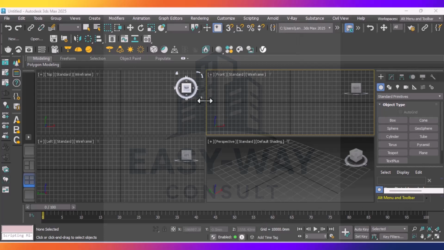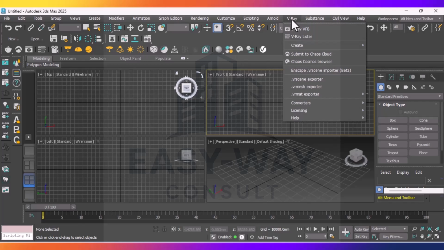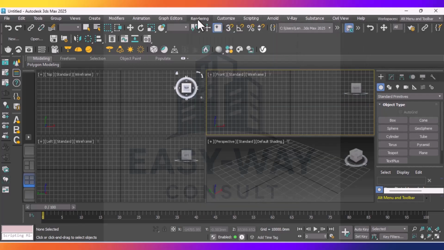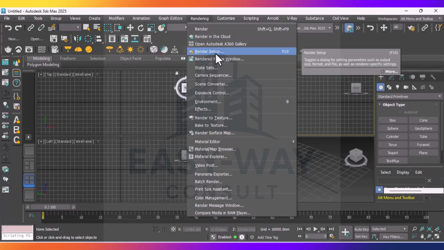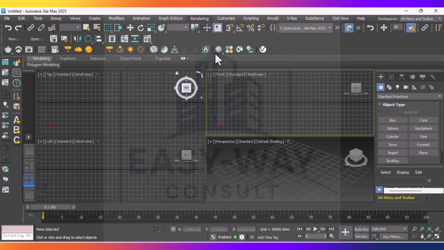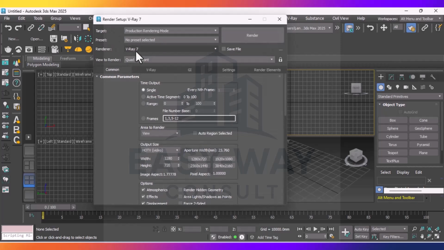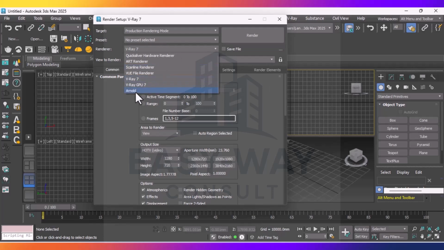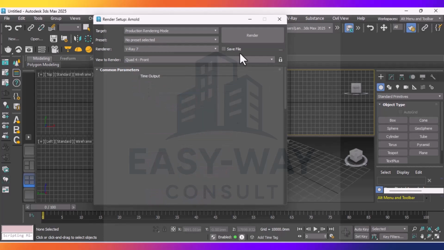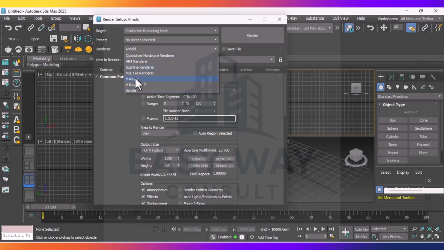So when you come here, what you need to do first is go to your setup. You go to Vray, go to render, and you go to render setup. It will bring you up to this. Make sure it is on your Vray. I have been using this, and that's how I set it from the beginning, so that immediately I click it, it comes to this. But yours may not come here. It may show any of these, so make sure you click it on